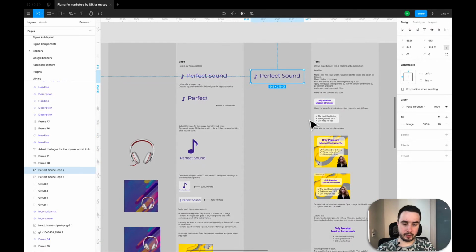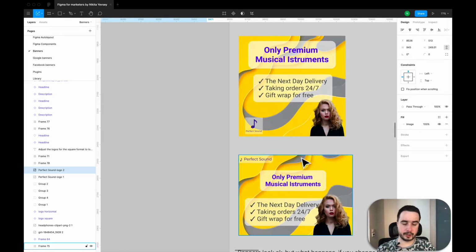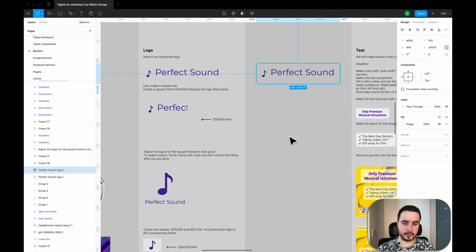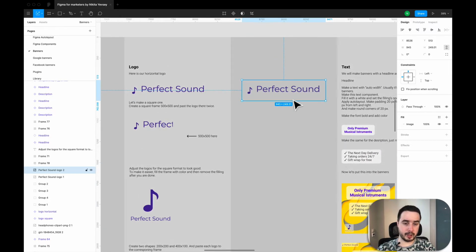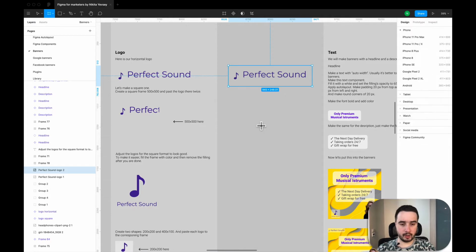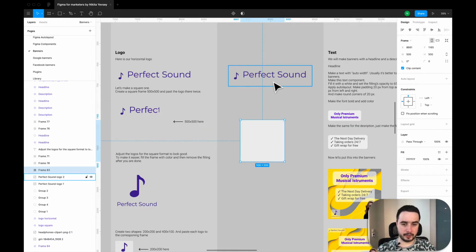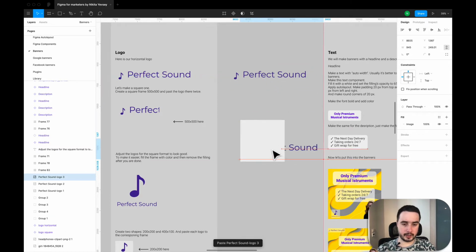It's better to use such images for logos. And we know that later we will use two variants of logos. Usually it's useful to have horizontal logos and vertical ones. Actually this one is horizontal already, so let's create a square logo right now. To do this, let's create a frame. Let's say 500 by 500. Let's fill it for now and copy paste this logo into this